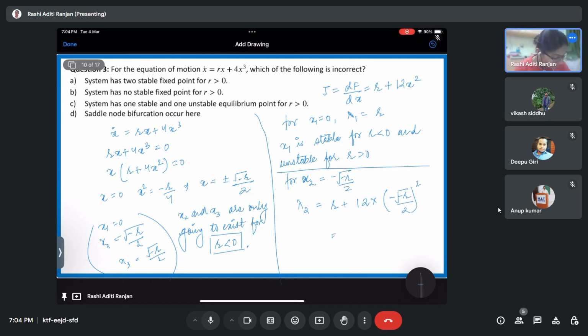So we'll have r plus 12 into r by 4, which is going to be nothing but 4r, right? So already my r has to be negative. Then only it is going to exist, right? It has to be negative. And if I see the eigenvalues,